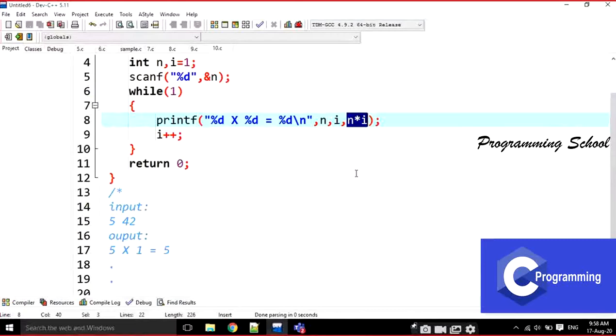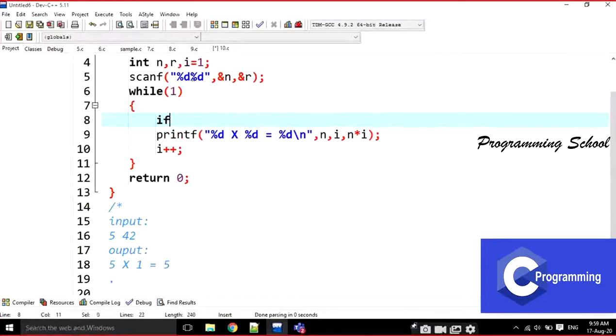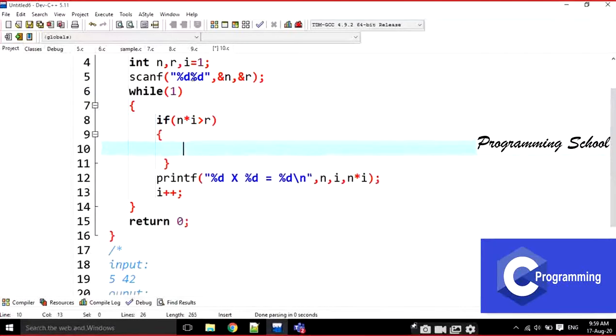Some r value also I have to read. scanf %d, comma ampersand r, we have to read that also. And now we have to check that if n star i is greater than r, then I have to stop it. That's it.